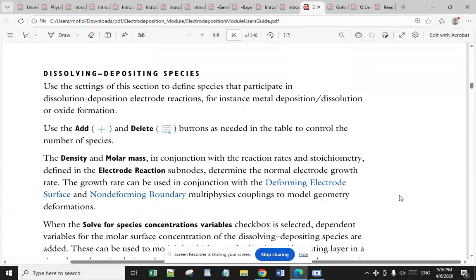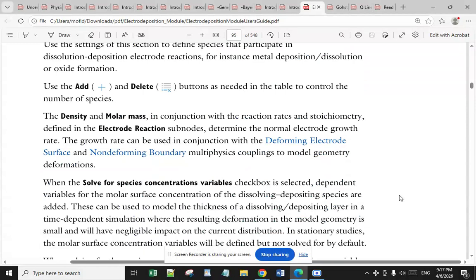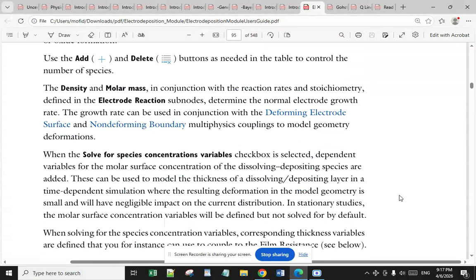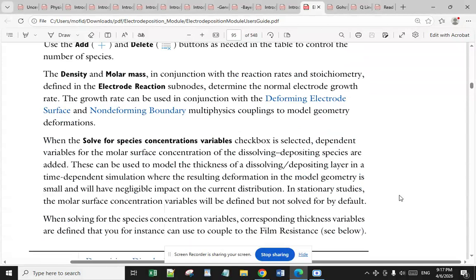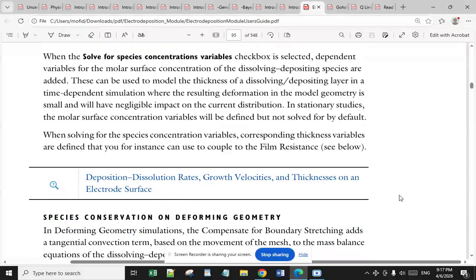Now I want to go through the dissolving depositing species. Use the settings of this section to define species that participate in the dissolution deposition electrode reactions, for instance metal deposition, dissolution, or oxide formation. Use the add, plus and delete buttons as needed in the table to control the number of species, the density and molar mass in conjunction with the reaction rates and stoichiometry defined in the electrode reaction subnode to determine the normal electrode growth rate. The growth rate can be used in conjunction with the deforming electrode surface and non-deforming boundary multiphysics couplings to model geometry deformation. When the solve for species concentrations checkbox is selected,